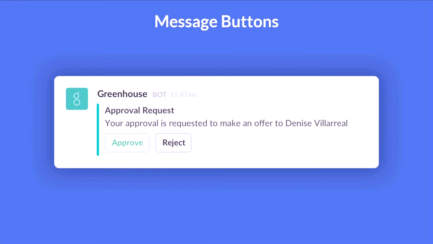Now, buttons. I've never been so excited about buttons since I joined Slack. Buttons are a great way to shortcut conversations. Let's say I have a conversation and I can ask for approval. The bot could ask for approval or send an approval notification. Clicking on that button actually takes action, which is awesome. How many of you like to do expense reports?